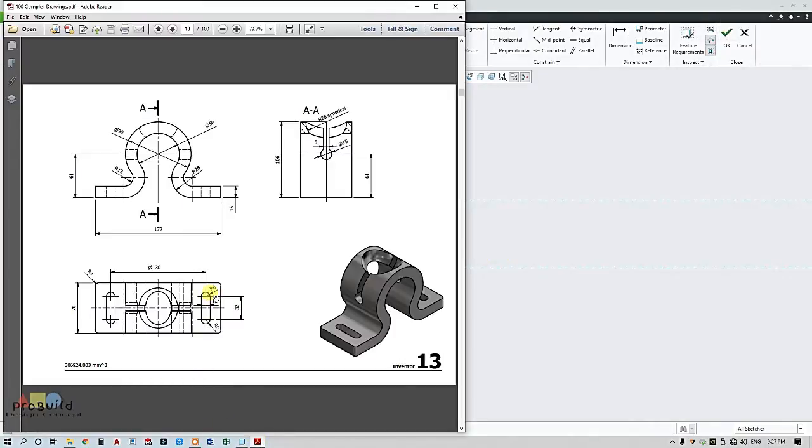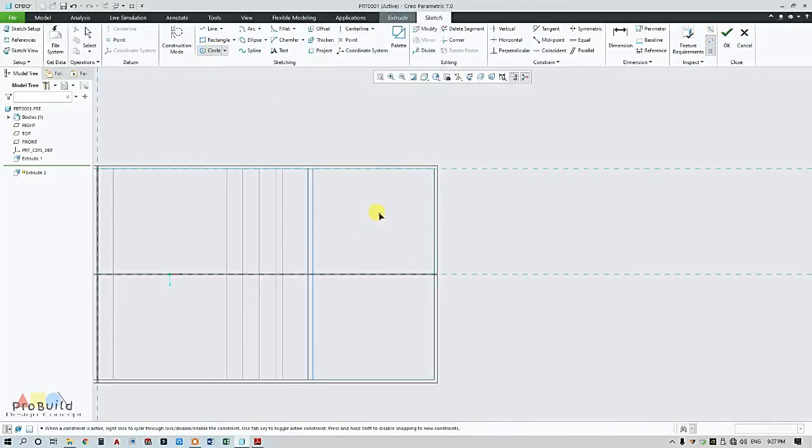Now I need to draw two circles of radius R and offset at a distance 32. Same radius. Since this is R6, I shall go for 12 dimension, and distance between this and this is going to be 32.